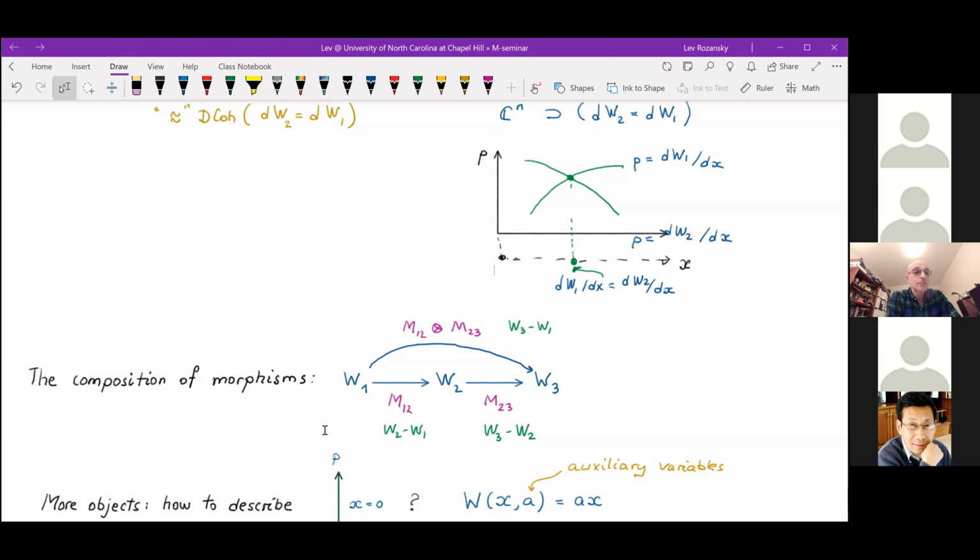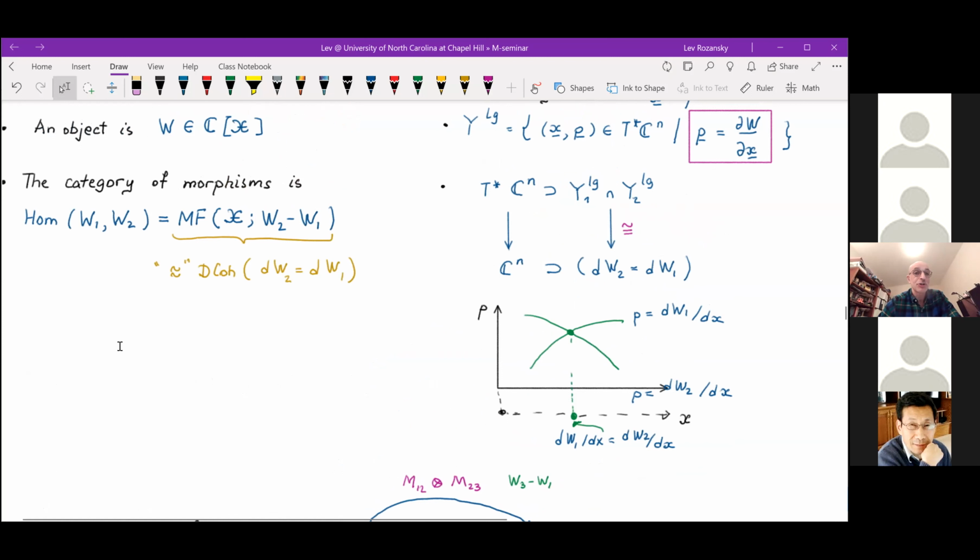For example, if W1 equals W2, for people here working in C-infinity settings, that's a problem when defining morphisms in the Fukaya category between two non-transversal ones. Okay, here it's the holomorphic story, and so what? So here there is no problem. That's the good part of it. We don't care